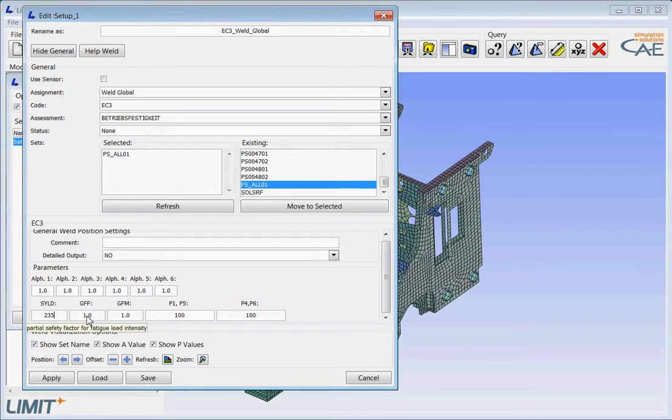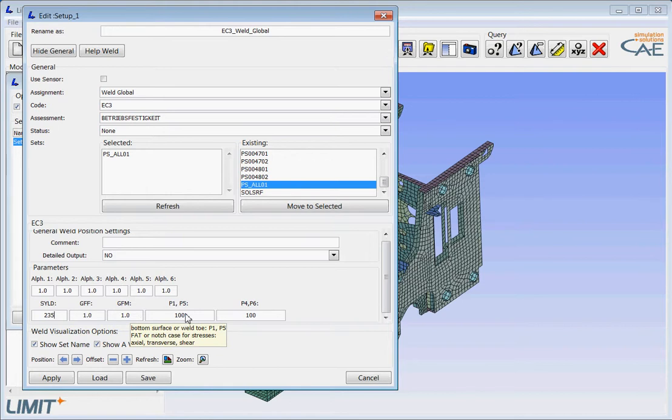I could define the partial safety factor for fatigue load intensity and the partial factor for the fatigue strength. I will leave these values at 1,